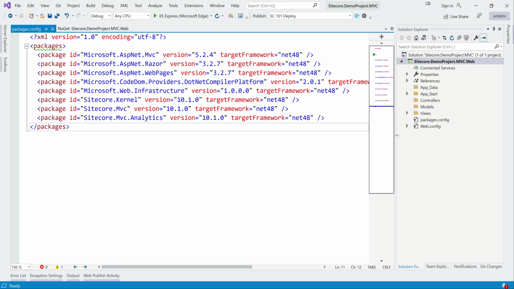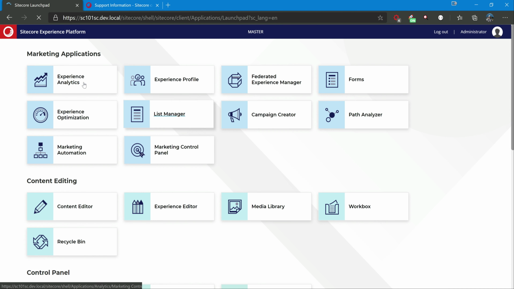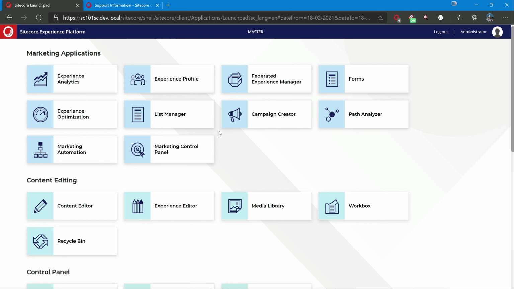Not required to add any controller and all. We'll see building a component or building a page, everything in the next videos. So let's quickly wrap it up by seeing, yep, it did it. The 5.2.4 error has disappeared. So now we are coming with the launchpad.